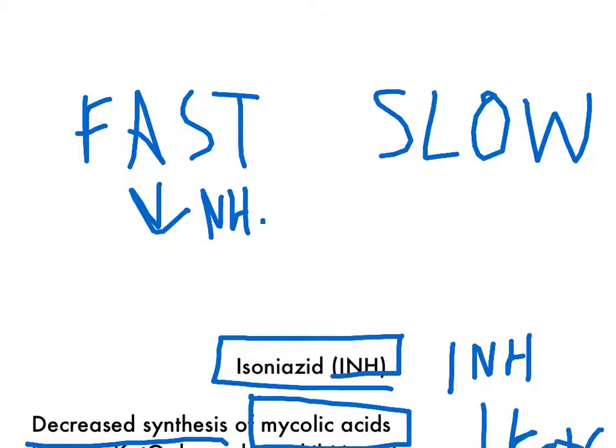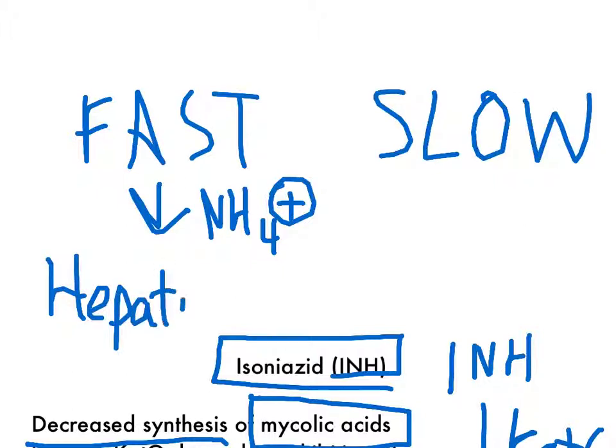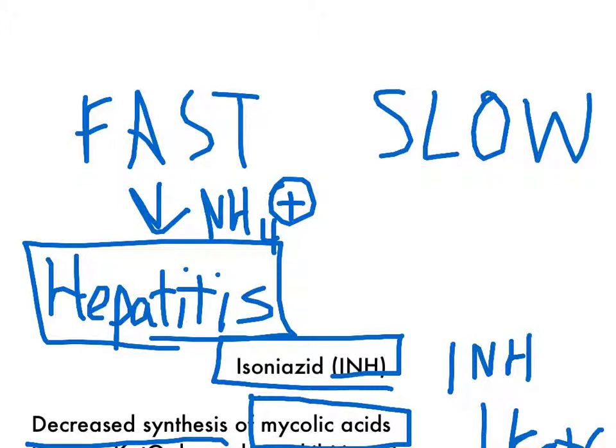Okay, so fast acetylators actually have a higher chance of getting hepatitis because you're making that toxic metabolite, because you're acetylating. And that's something to keep in mind. So if you're a fast acetylator, you have a higher chance of hepatitis. But remember, if you're fast, you're also going to have a shorter half-life because you're acetylating, because you're deactivating it